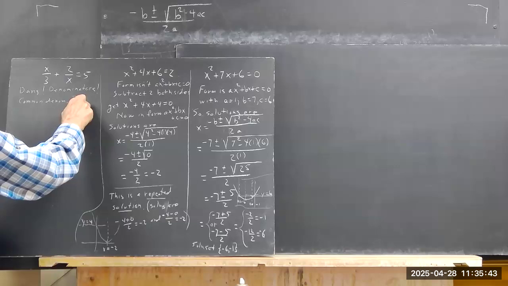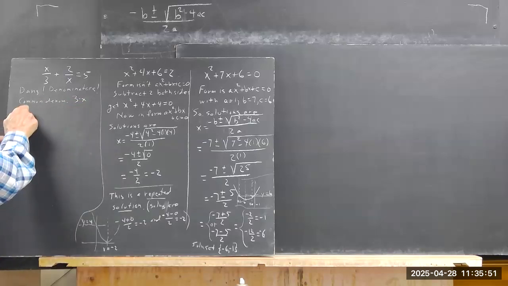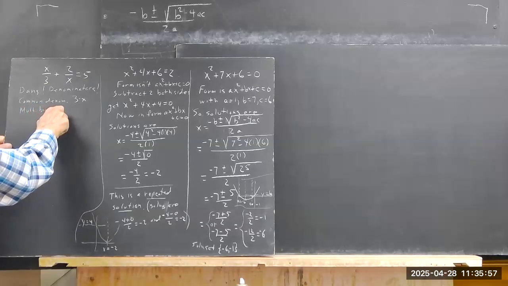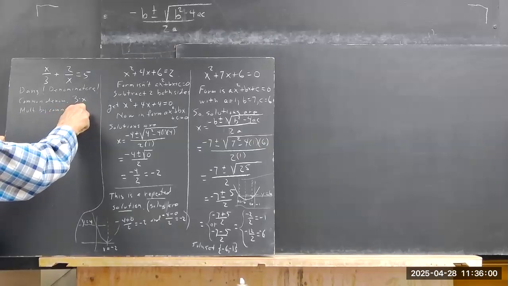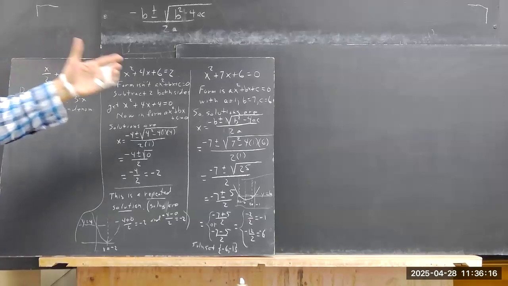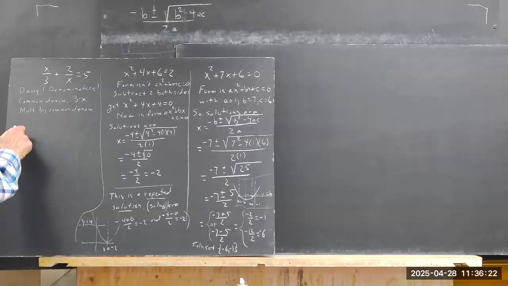3 times x. Instead of writing 3x, I'll emphasize it's 3 times x. I'm abbreviating this more than I'd like to. I should say multiply both sides by the common denominator, but we know that when we multiply one side of an equation by a number or a quantity, we have to multiply the other side or we destroy the equality. Okay, so we got then